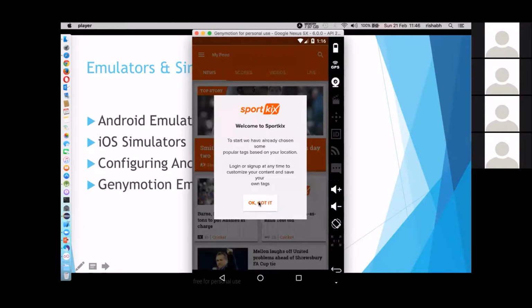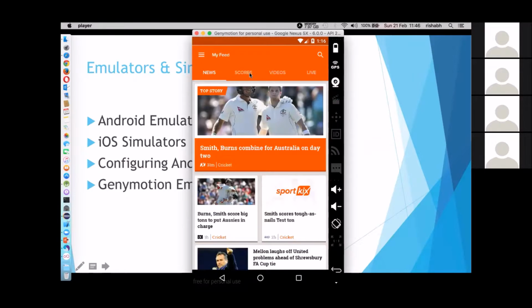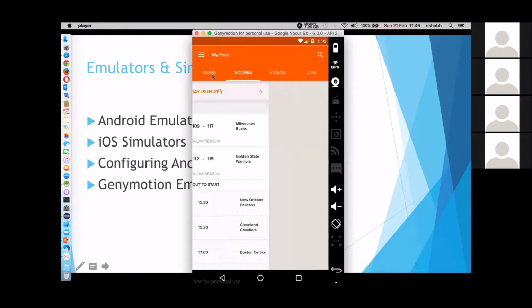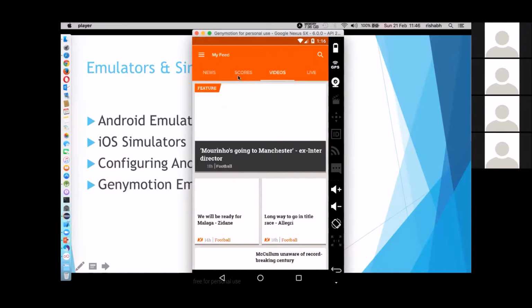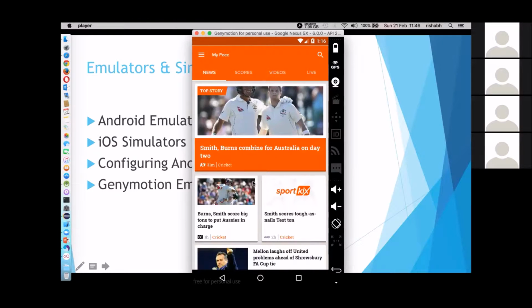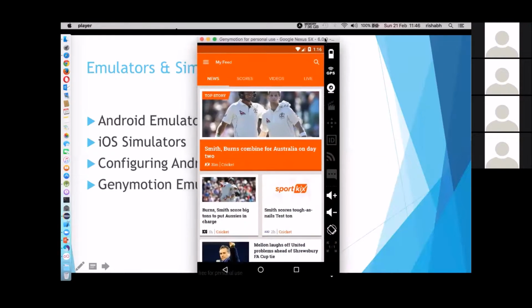I will click on OK, got it, and then click on any one of these tabs. We have a live tab, a video tab. So let's say we'll click on videos, and we'll go back to news. This is the simple scenario which we'll try to automate, just to show you how automation on mobile works, and how easy it is to automate whatever application you are using.